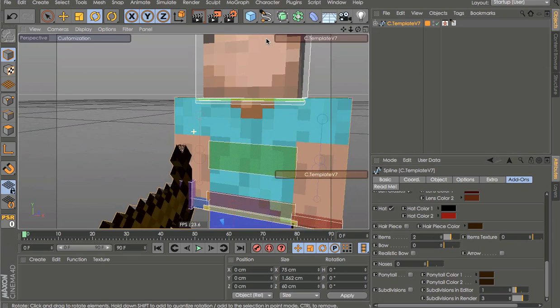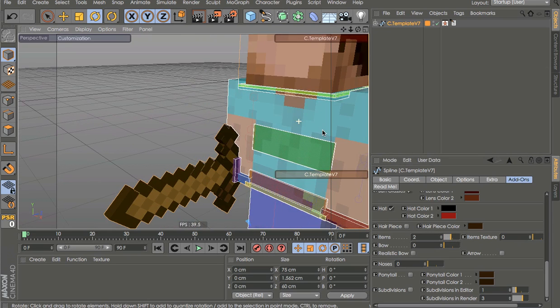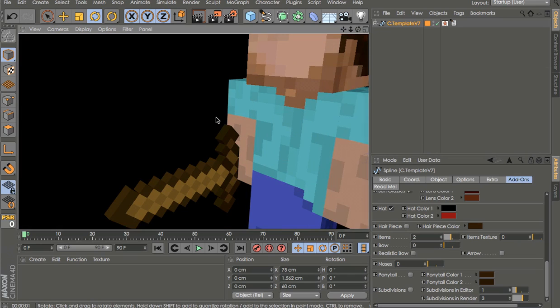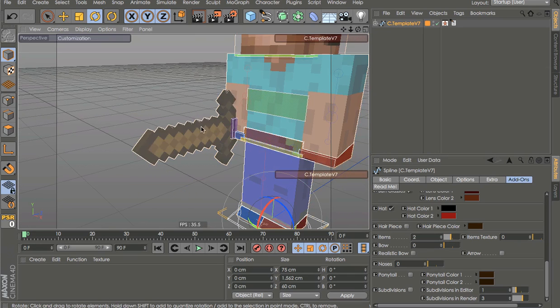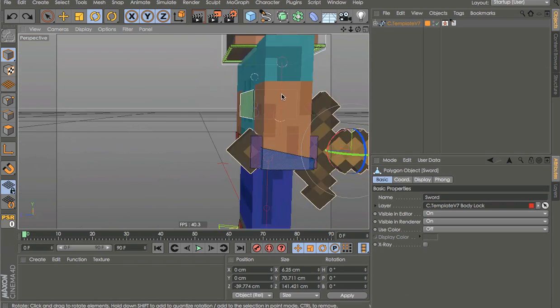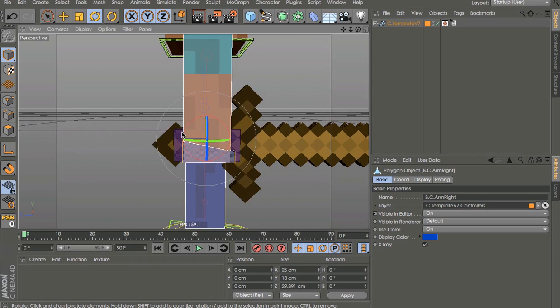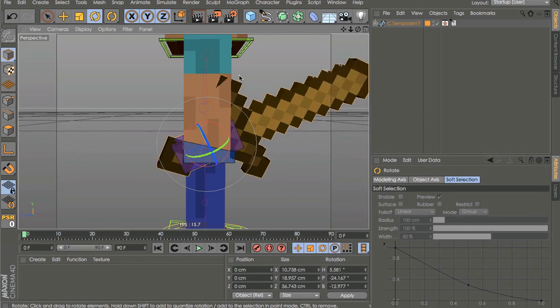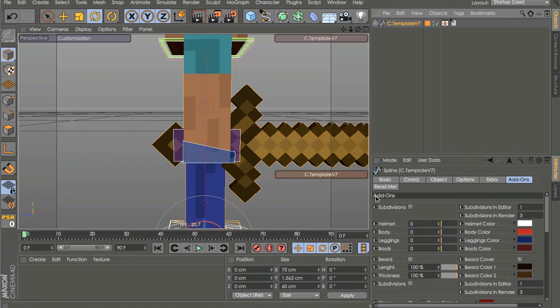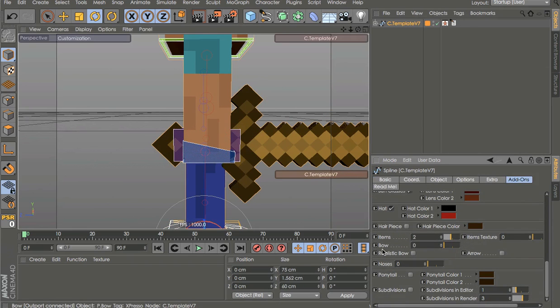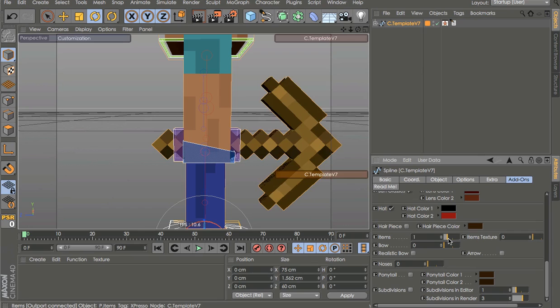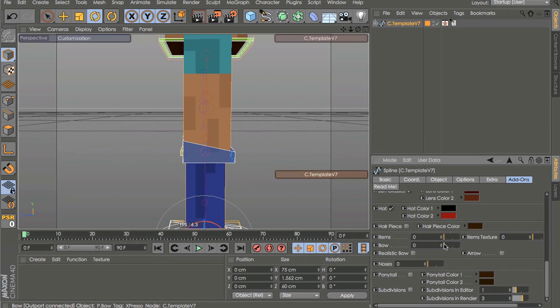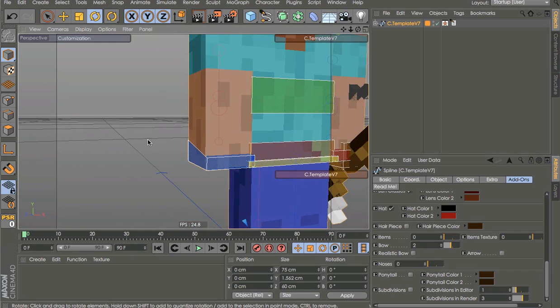Then we have items here. Ignore those textures, it won't appear in the render. So we can select this and move it like that, or we can select this and move all of the items separately. Sorry, all of the items. And then yeah, we can change this, and then we have the bow on the left hand,